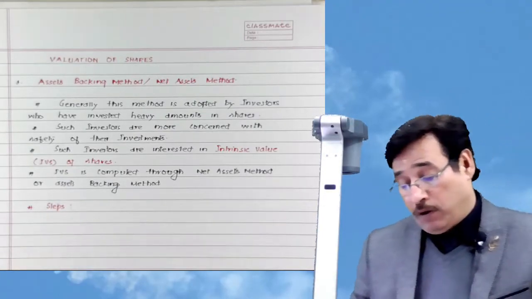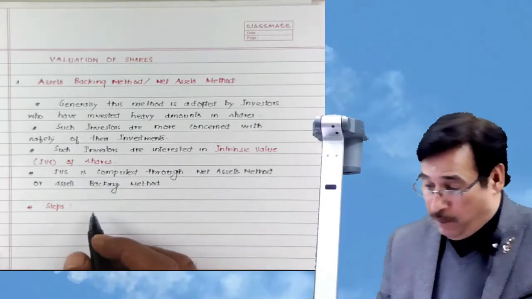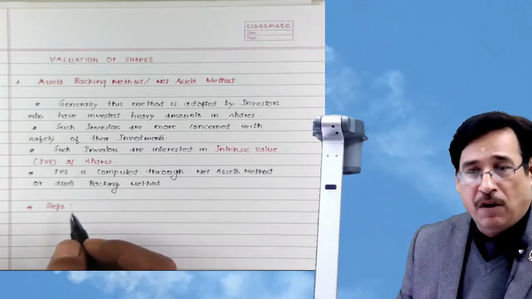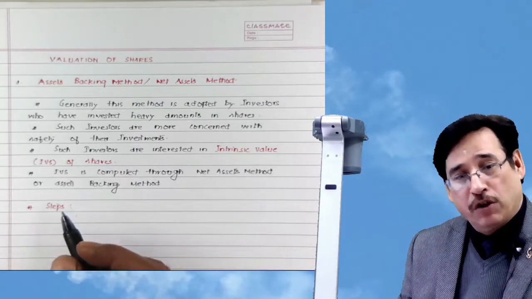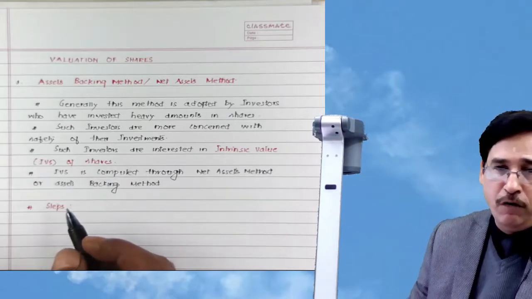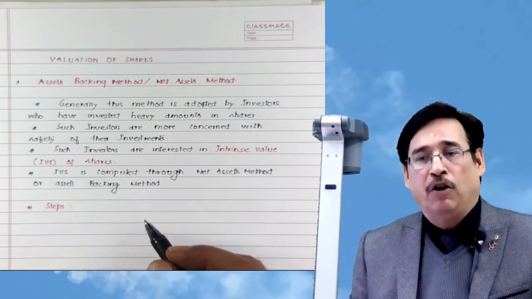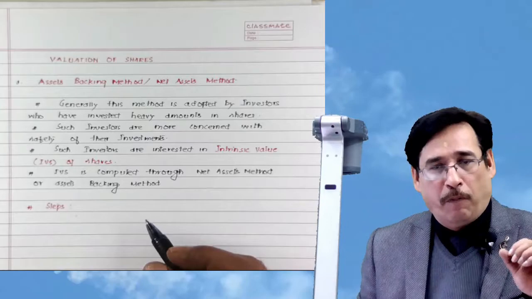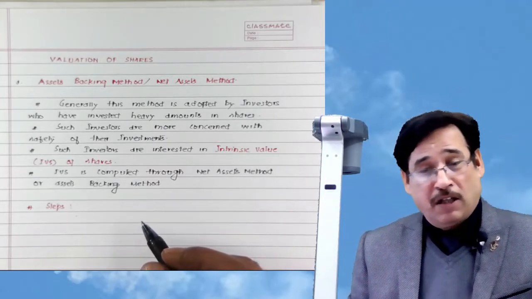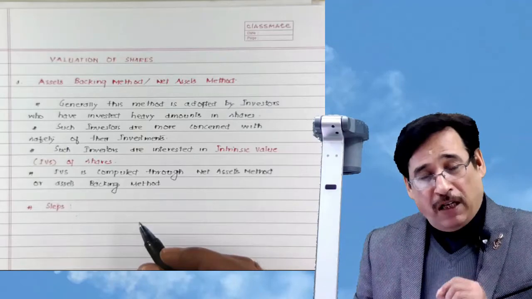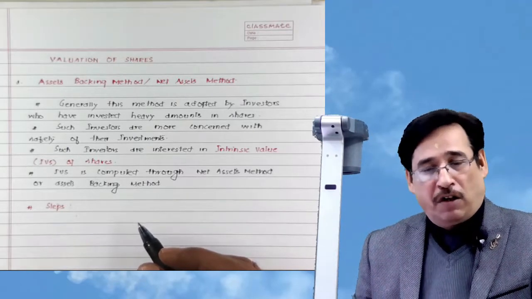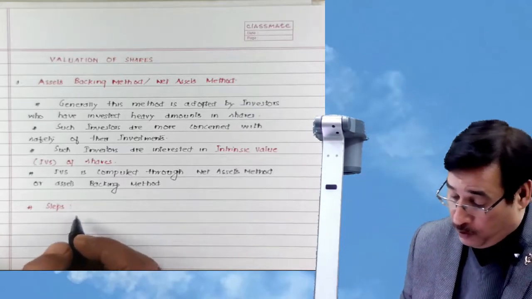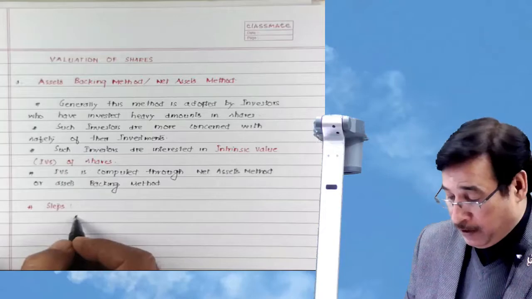In order to compute intrinsic value of share, we will consider all assets. And please pay attention, because now we are not doing the valuation of goodwill. In case of valuation of goodwill, I did tell that we never take non-trade investments, and we never take any non-operating assets. But while computing intrinsic value of shares, whenever we take assets, we'll include non-trade investment also. Besides that, we will include even non-operating assets. Correct? So that is why I will write here all assets,